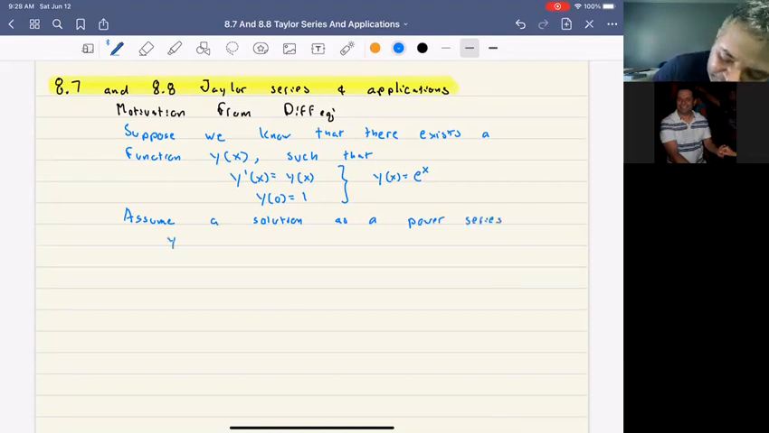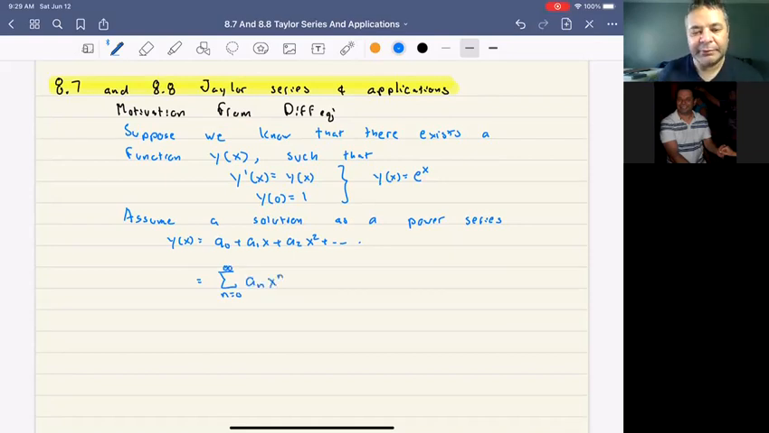Okay, so y of x, we're going to say is, let's use a. I'm in the mood for a's. a0 plus a1x plus a2x squared, so on and so forth, which I'm going to write as the sum, n goes from 0 to infinity, a sub n x to the n. Okay? Now,